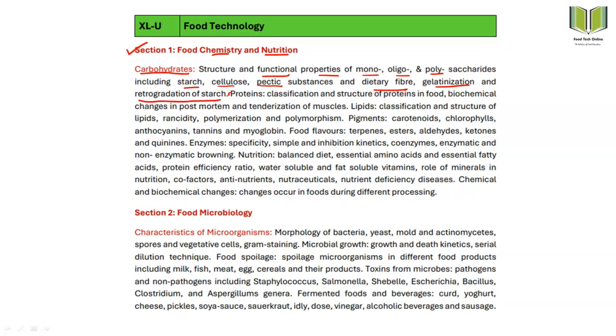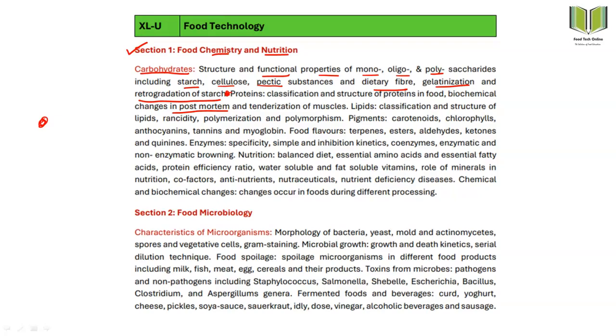There comes the second, which is the proteins. The same thing we have to apply, like changes post-mortem, what changes happen in the conversion of the muscle to the meat. We know that if an animal has been killed, I think killed is not a proper word. The proper word is slaughtering.